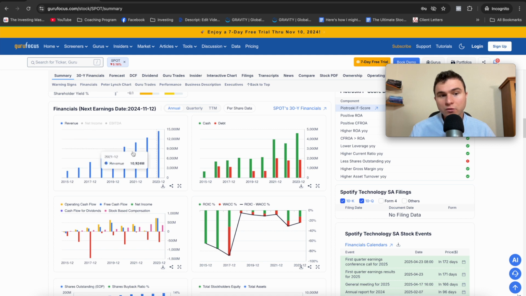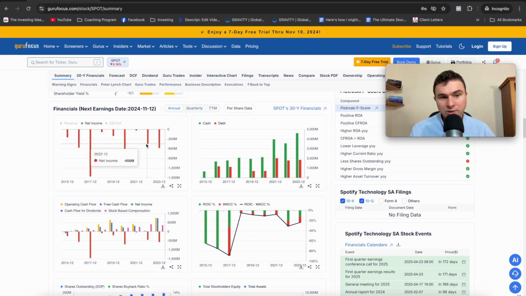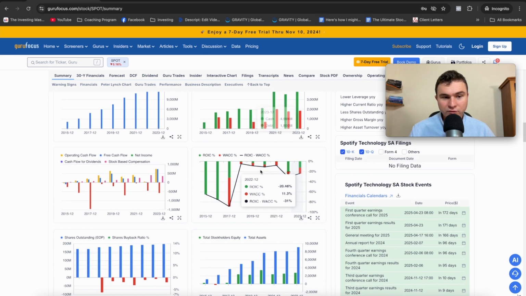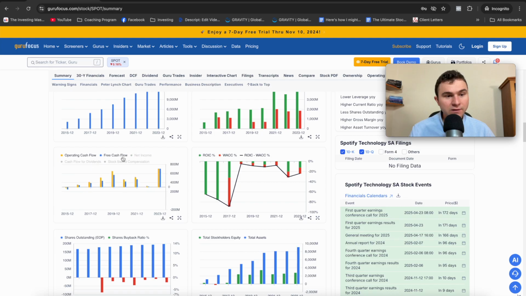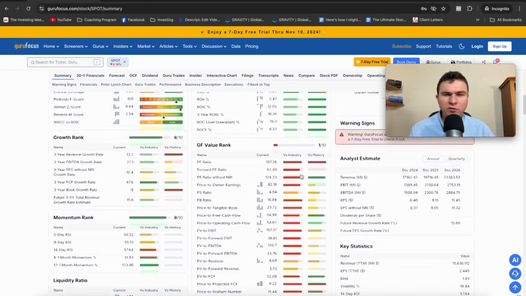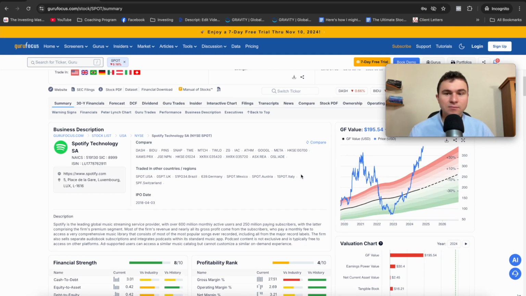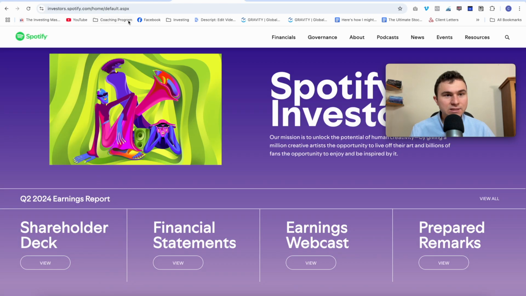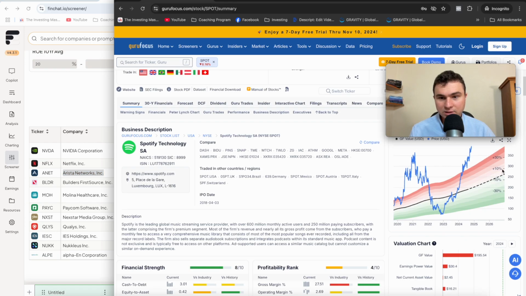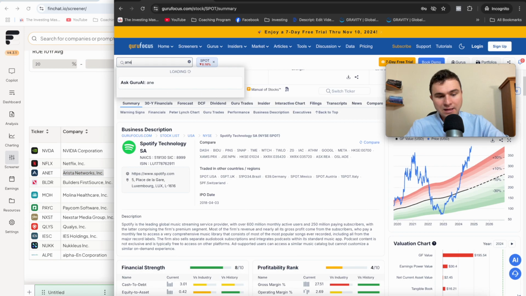You have the revenue growth over time, net income growth over time. This is not making money at all. Okay. You have the cash, you have the debt, you have the cash flow they generate, free cash flow, operating cash flow, the return on invested capital. You have a lot of metrics. Take a sneak peek. Take a look. And for 11 of your businesses here, you can start with Arista Networks. This one. The ticker symbol is ANET.